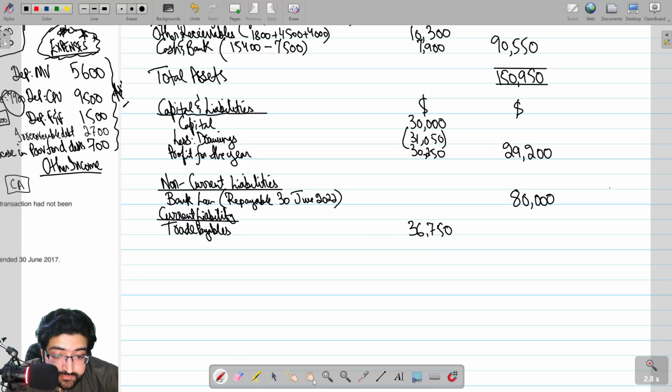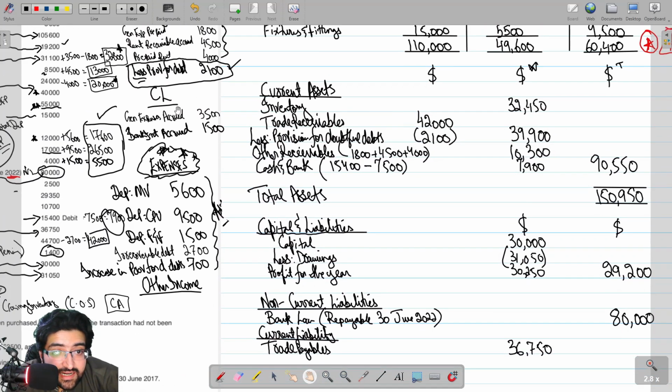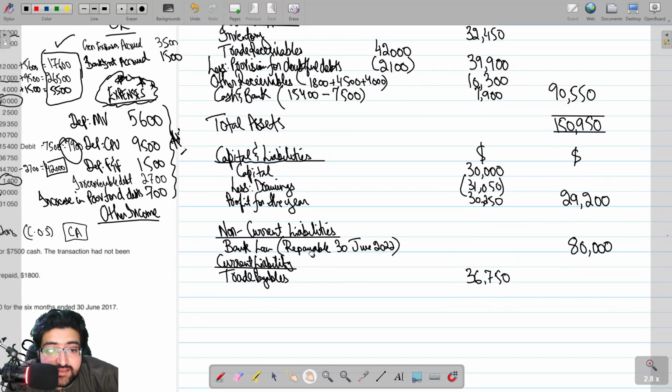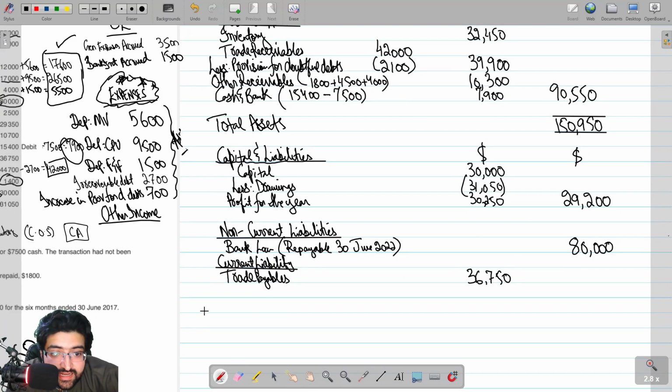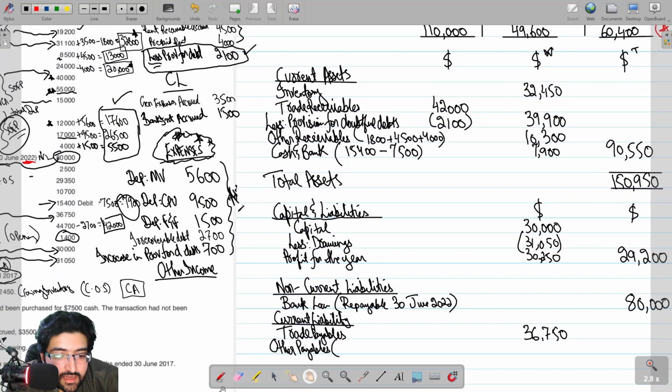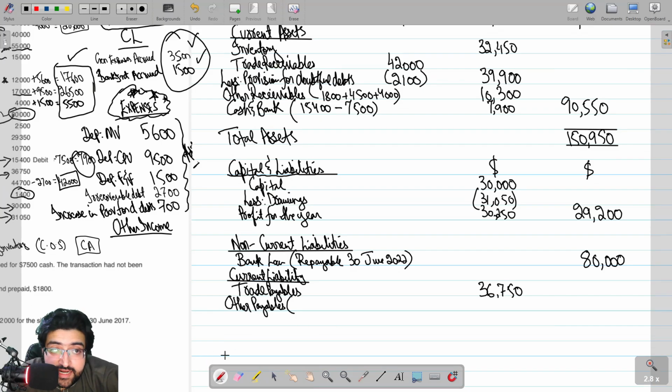Okay, now we have to also include all these current liabilities we have kept in rough work. So we have just two here. You can write them as other payables, just like other receivables in current assets. Write other payables and in brackets you can write the values. So general expenses accrued are 3,500 and bank interest accrued is 1,500. Add both. You can also show them individually if you want, but this will save your time and this is acceptable. So this comes as 5,000,